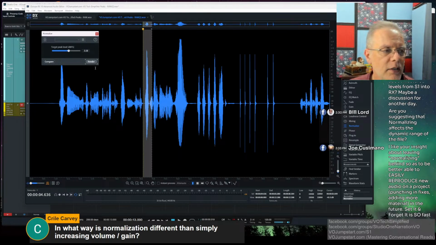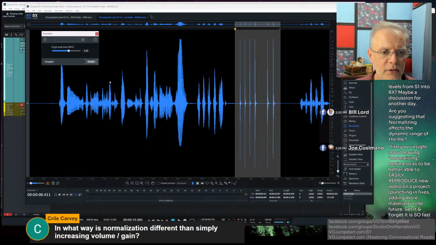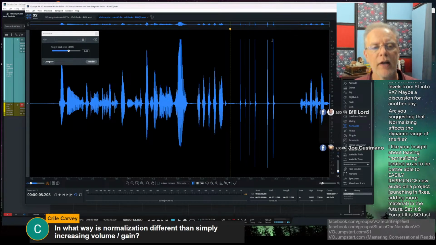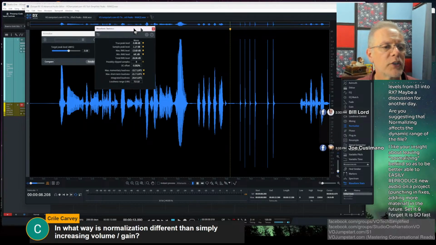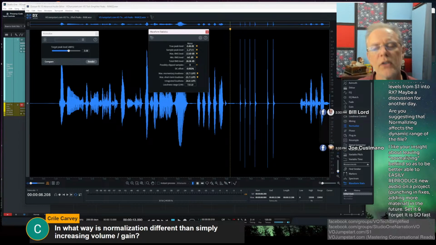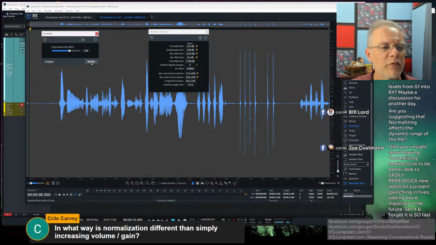If I do normalize to get through, by the way, I could figure all that out. Watch this. I will undo this. So here we are right now. If I pull up my waveform stats, I'm at minus 1.17. How much gain would I have to have for the peaks to be at minus 3.17? I picked an easy number because if I did minus 3.5, I'd have to think about it. So by doing this over the whole file, I get that to be right at minus 3.